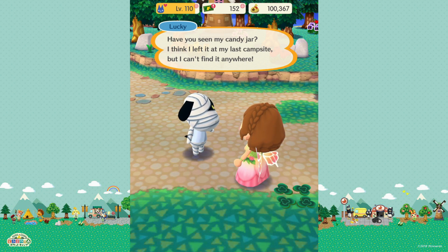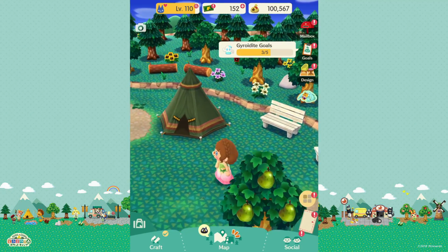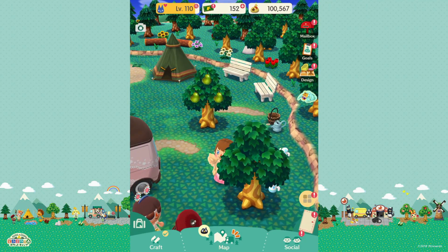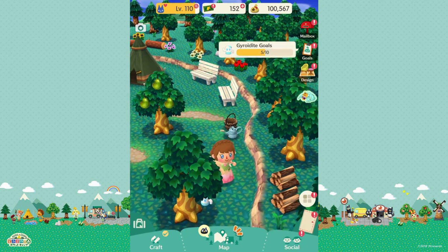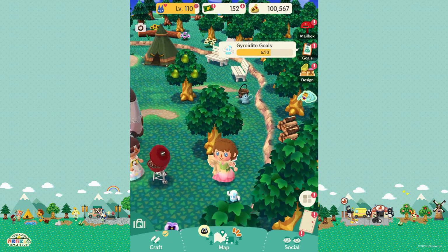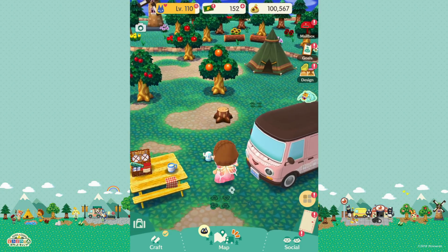Another obvious thing that's of course really sad is that we will no longer be able to send gifts to our friends in the game, because we will no longer be able to have friends in the game, as this new version of Pocket Camp is going to run completely offline. It's so sad to see this feature of the game disappear, as the community in Pocket Camp has always been one of my favourite aspects of it, and I love visiting people's campsites and sending and receiving presents, as well